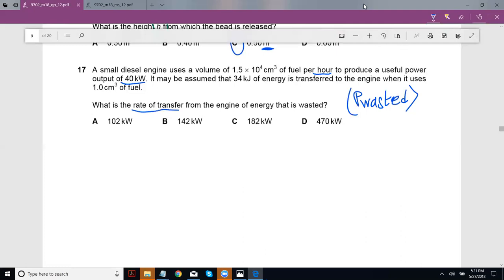So let's try to figure out your input power. You already know your output power. Output useful power is this. If you figure out your input power, you can subtract the two and get the power that was wasted. So for input power, they've told you that 34 kilojoules of energy comes from 1.0 centimeter cube. So X kilojoules of energy from 1.5 into 10 to the power 4. And you just cross multiply. So that's 1.5 into 10 to the power 4 times 34. I would say just keep it in kilo because